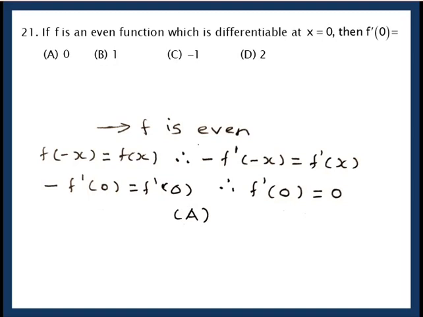Okay. Now for even function, f of minus x is f(x), differentiate. Derivative of f of minus x is minus f dash of minus x. Why? Derivative of f dash into derivative of minus x, which is minus. The right side is as it is. Now put x equal to 0. So minus f dash of 0 is f dash of 0. That clearly gives f dash of 0 equal to 0. So the correct option is A, Ahmedabad.